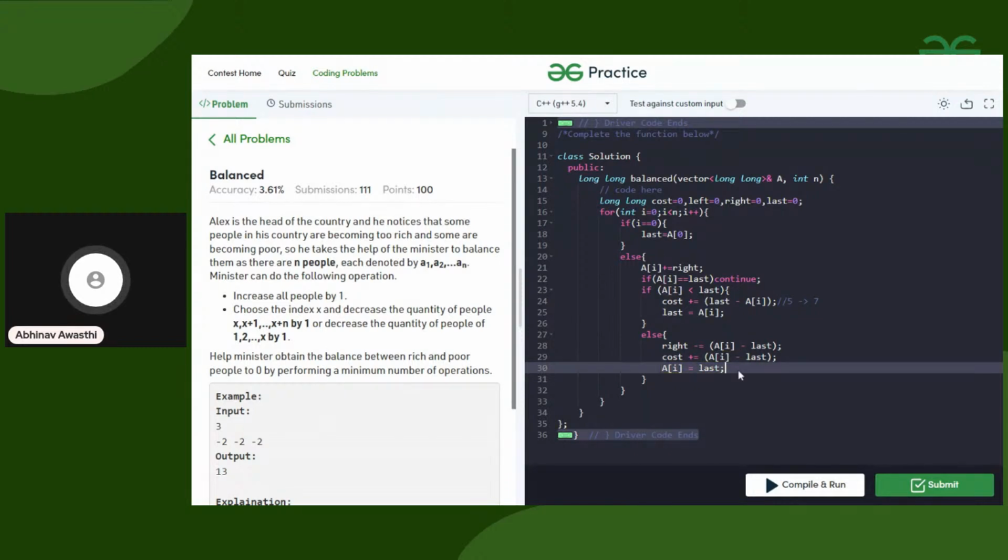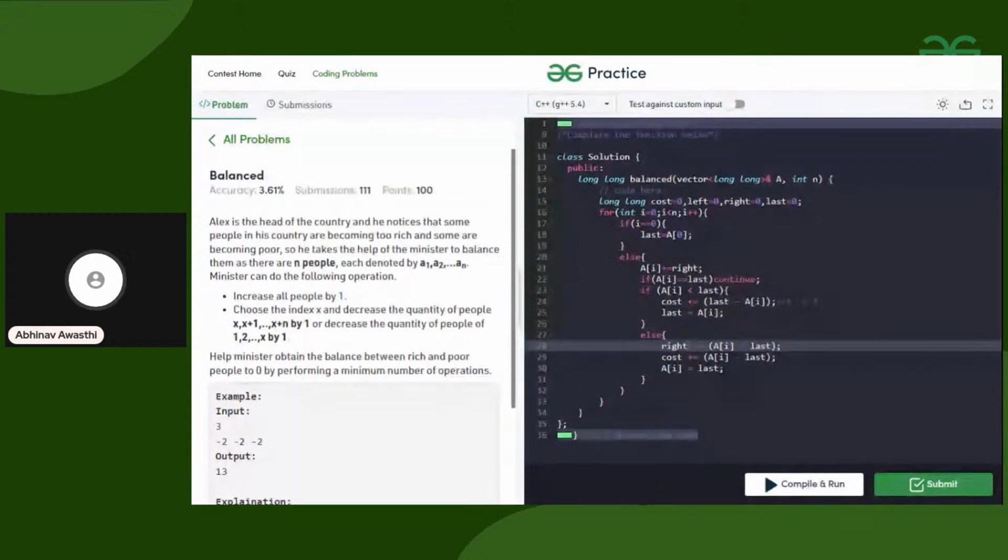That is the algorithm. That is the observation you have to make. And this is the case where the role of the right variable is there. Okay, great. So guys, what will happen now is that